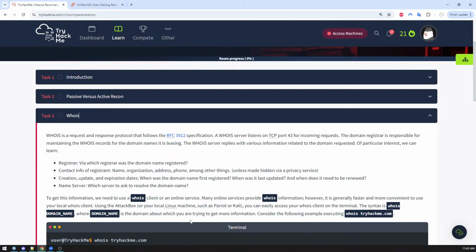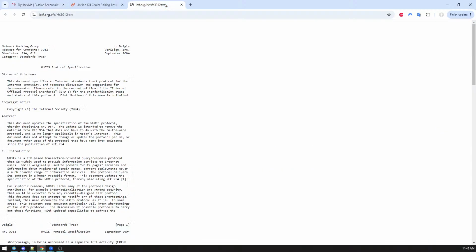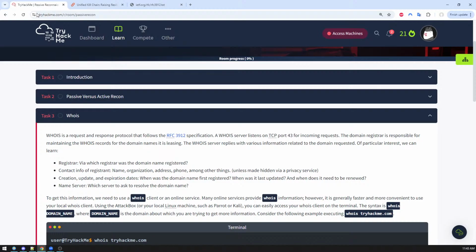Whois is a request and response protocol that follows the RFC 3912 specification. Whois server listens on TCP port 43